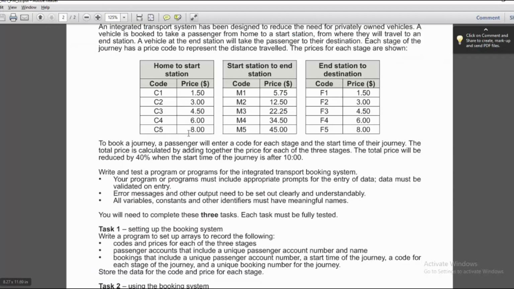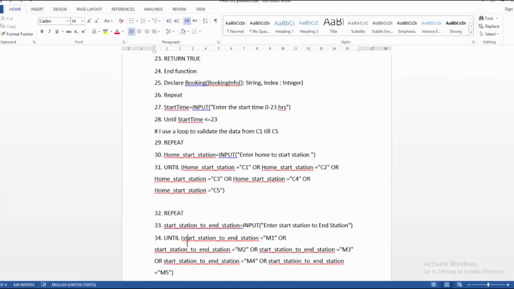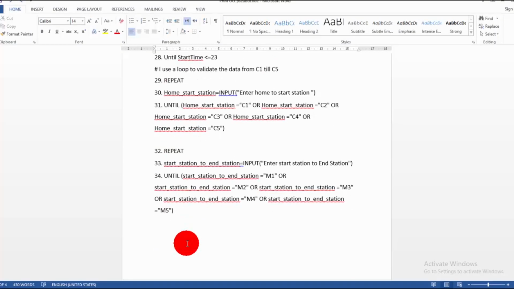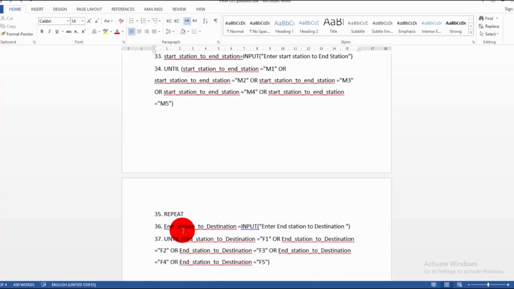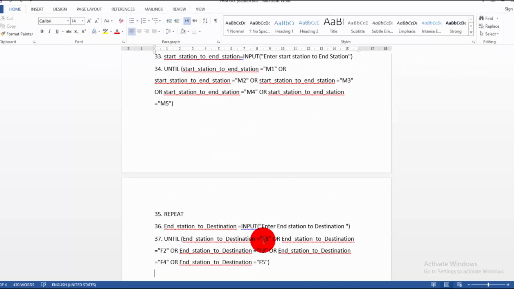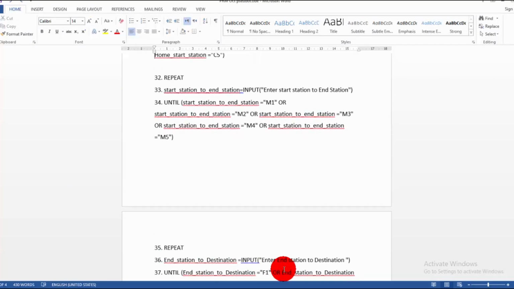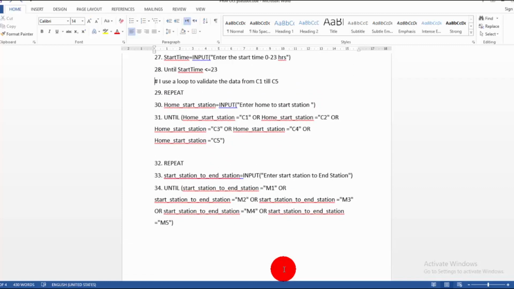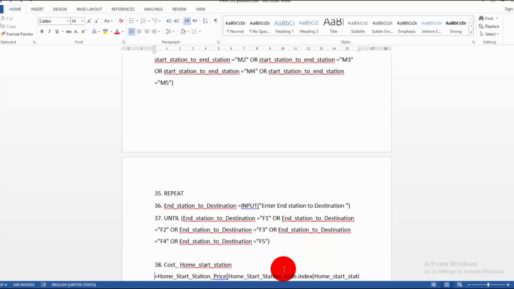Then it will start checking the mode, if M1 is available or M2 is available or M3 is available. So this is the point of stage 2, and the last is stage 3, enter end station to destination. Now it will check this stage F1 till F5. I hope this point is clear, because if you process one loop, the other two loops are the same.